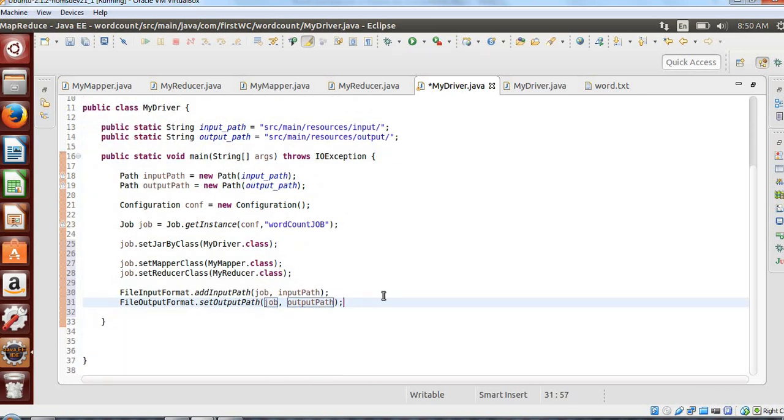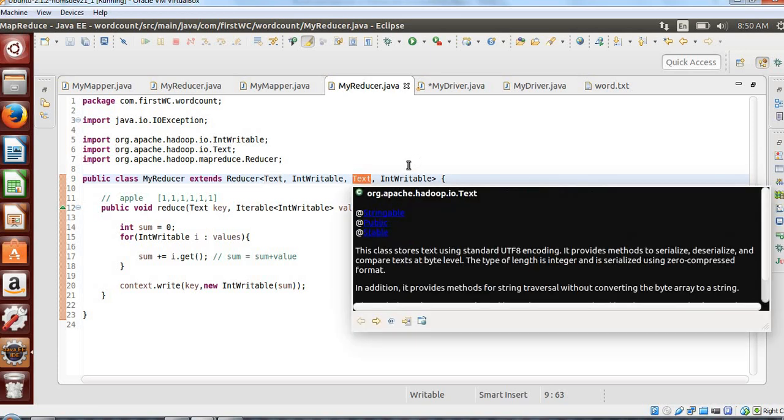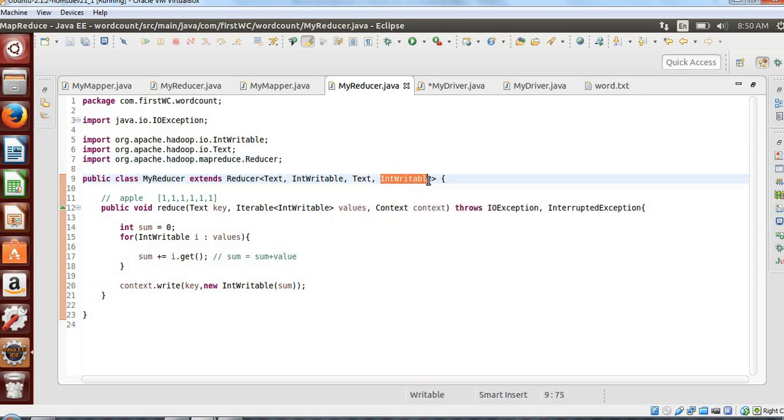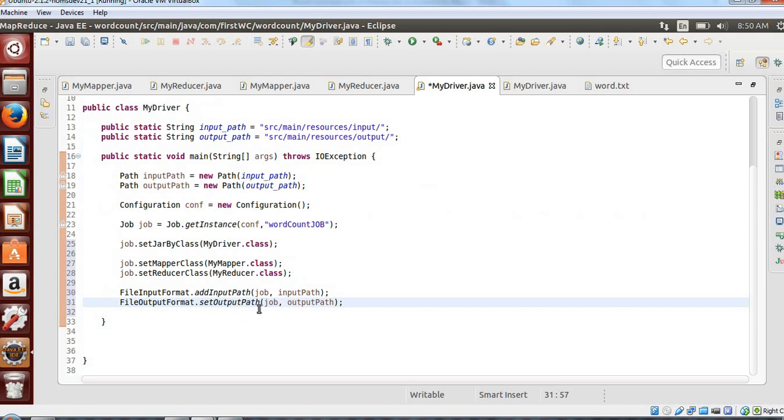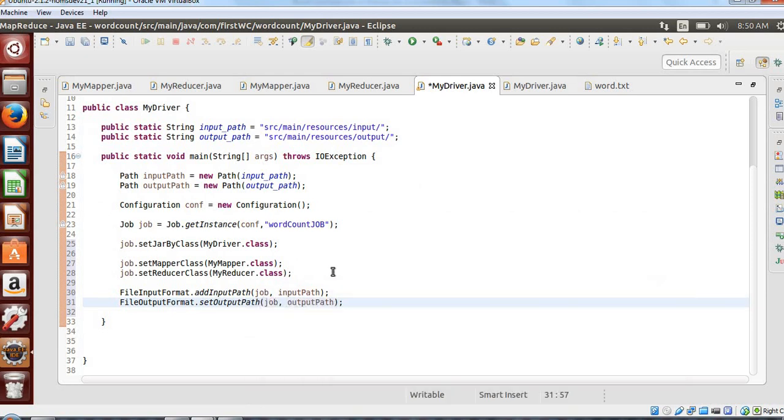Now we are missing one more thing. In your reducer you have defined your output key as text type and output value as IntWritable type. If I don't define it here, it will by default take text, which will eventually throw an error at runtime, and your job will fail.